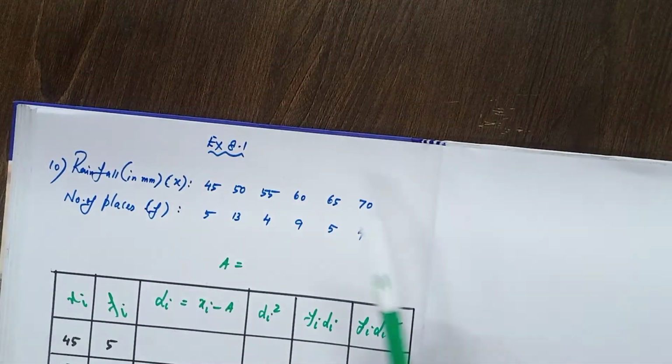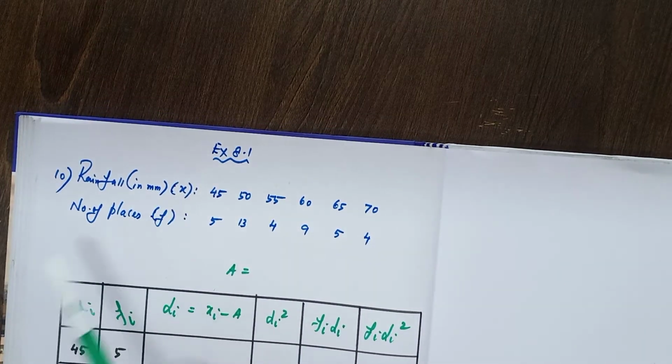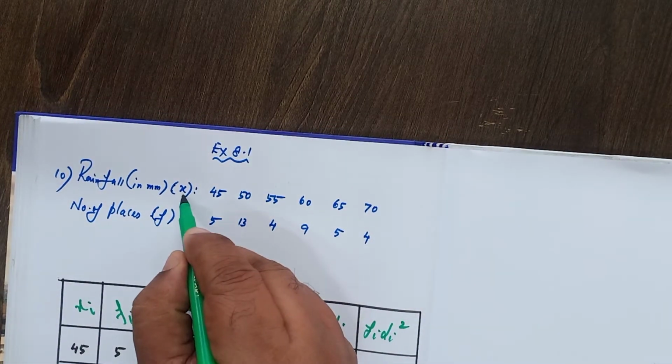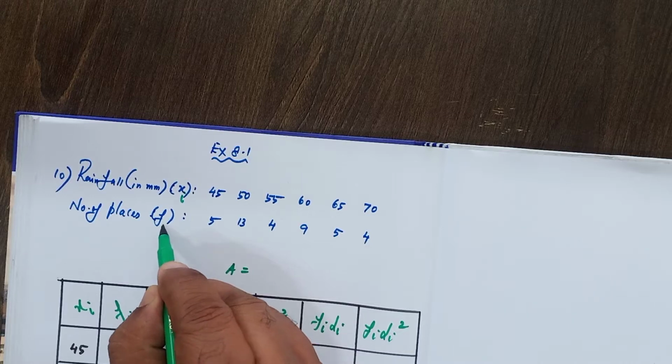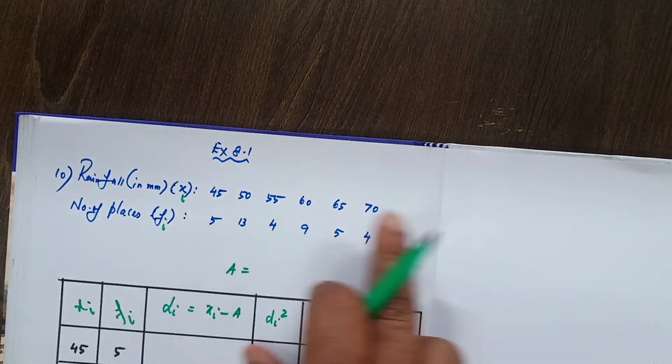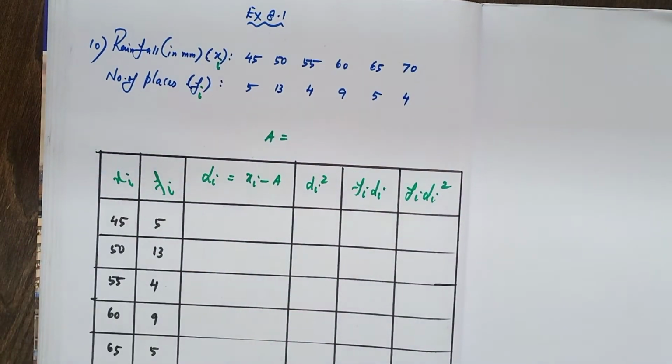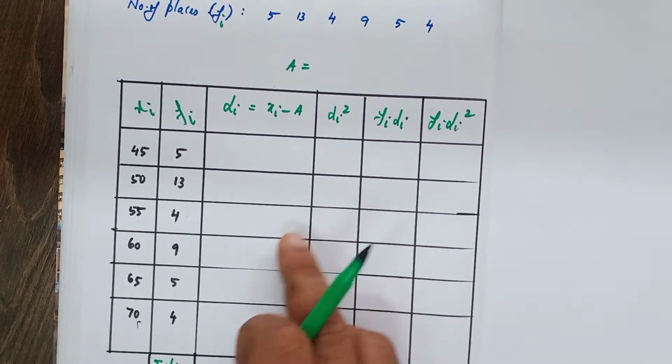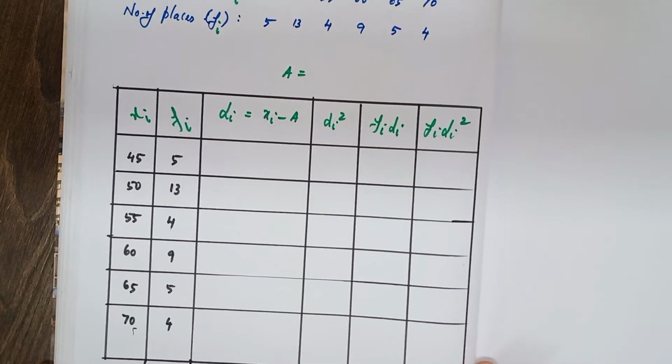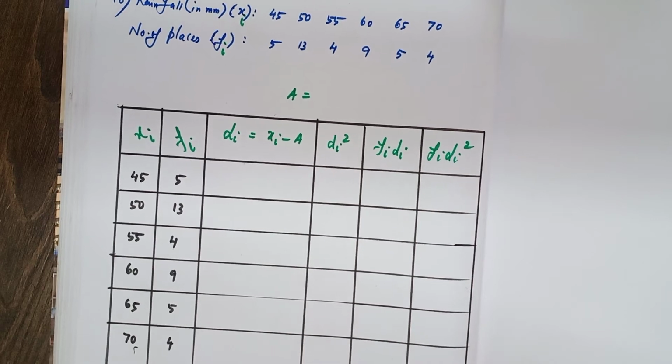Here, rainfall in millimeter, that is xi. Number of places, that is fi. Write the first row in first column, second row in second column. Now we can go for that